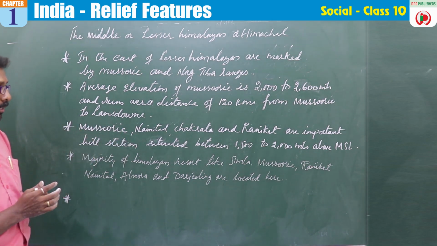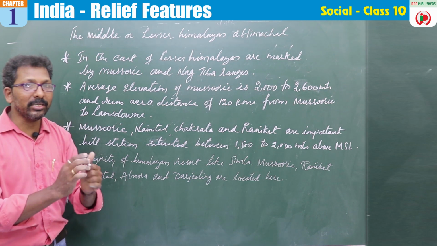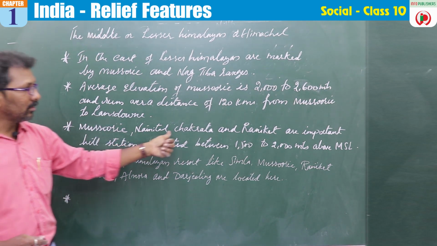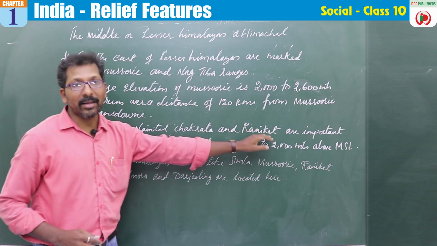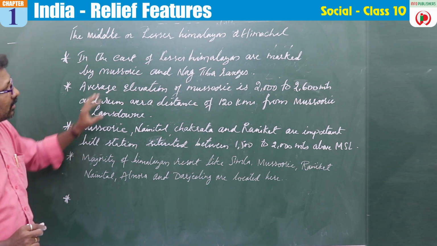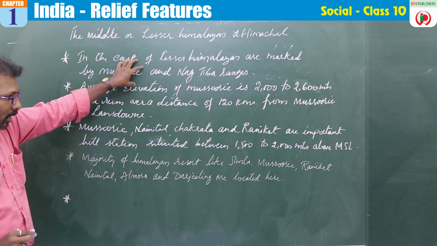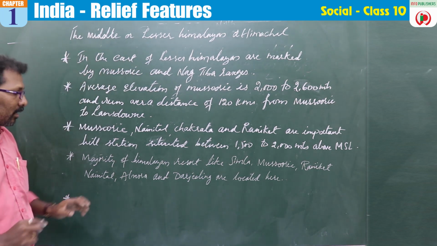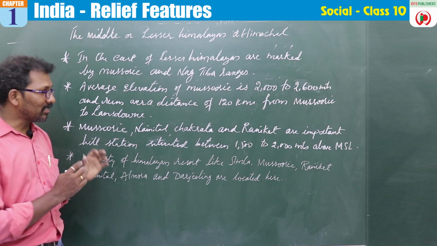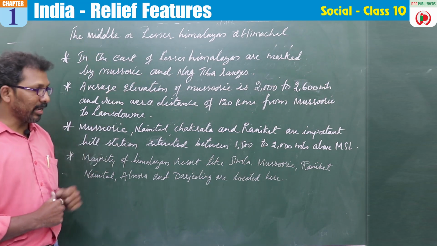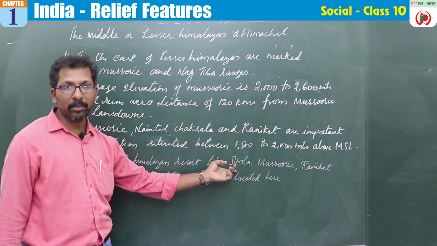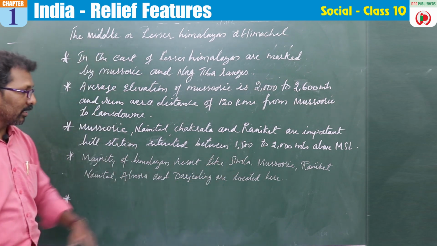This Mussoorie range has some important hill stations also. Mussoorie is there, Nainital is there, Chakrata is there, and Ranikhet is there. These are some of the important hill stations we find here in the lesser Himalayas. There are other hill stations and resorts also present in the lesser Himalayas. Shimla is there, which is also one important hill station. Darjeeling is